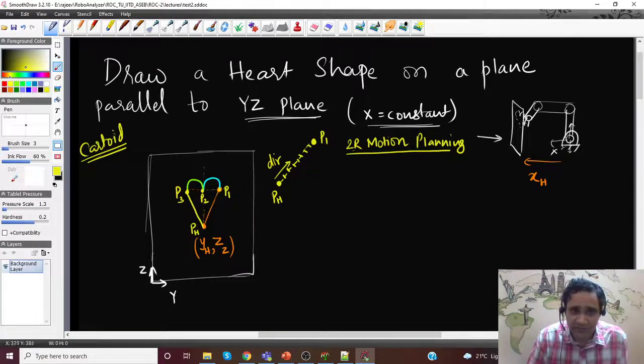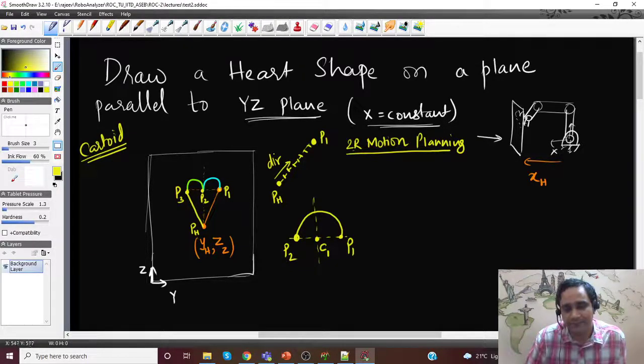Now this semicircle part I have not covered, so I have a point here from P1 to P2. If I want to draw the trajectory or get the coordinates along this semicircle path, one way is to get this C1 point, which corresponds to the center of this curve.